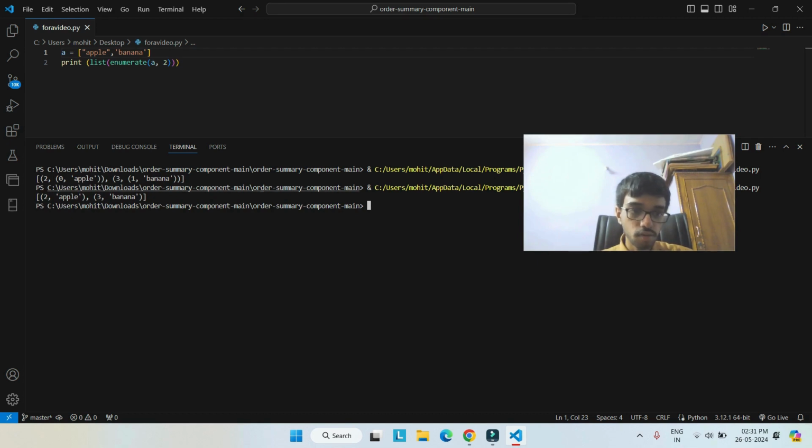Actually, this was incorrect, but in some ways it looks kind of correct. What I actually intended to do was change the enumeration in such a manner that the index that should be starting is 2 and not 0. It turns out I just kept the previous enumeration as it is and added this, which made the terminal confused. And so it put both the indexes as they are, without actually understanding that 2 is the index from where you have to start. Well, this is pretty much what enumerations in Python are supposed to be.